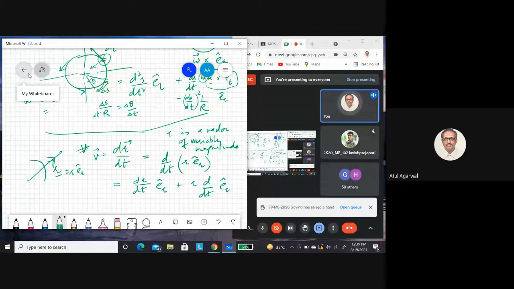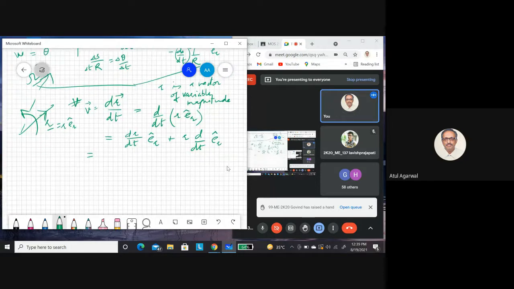Now it's a rotating vector. It rotates about some axis. So it is rotating about this axis. So what will I get? Omega cross er. So this is a radial velocity. This is the velocity because of rotation. And whatever is the trajectory,